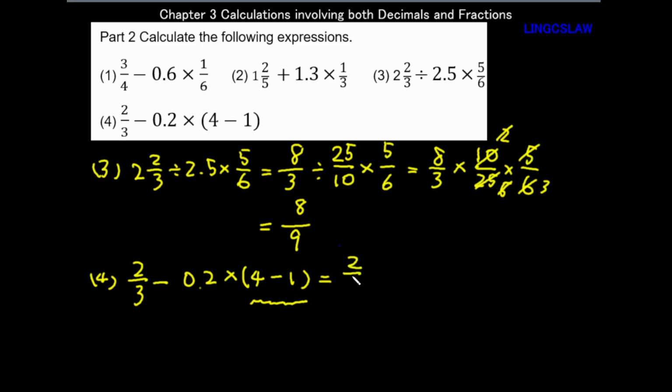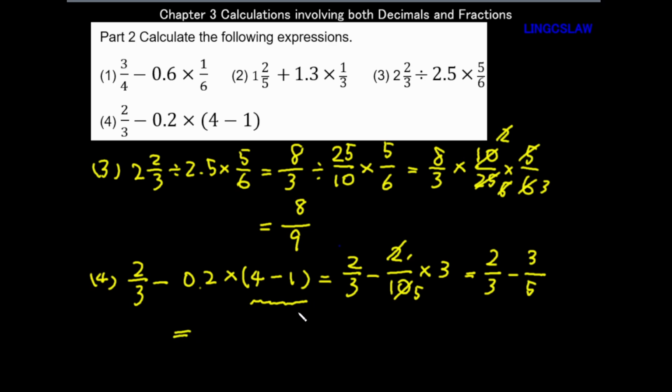So 2/3 minus 2/10 times 3 equals 2/3 minus, simplify, 3 and 5,